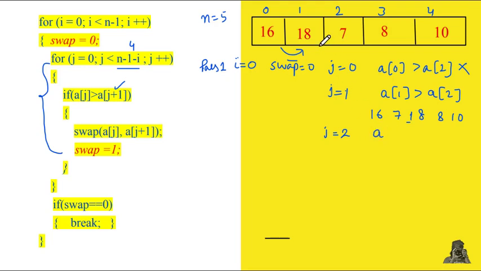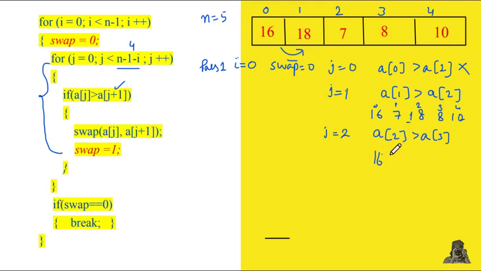So now the bubble has been shifted to the next item. The next item is here, 18, because values have been changed, but we are moving to the next index. Now if a of 2 is greater than a of 3, because j plus 1 is 3. So this is index 0, 1, 2, 3 and 4. These are the new values for the new indexes after this iteration of the inner loop. Inside this we can see 18 is greater than 8, so they are out of order, so we need to arrange them. Swapping will be done, so the swap variable will be changed.